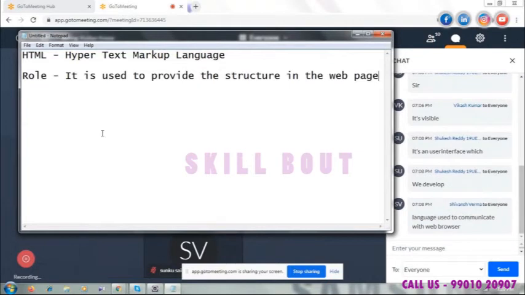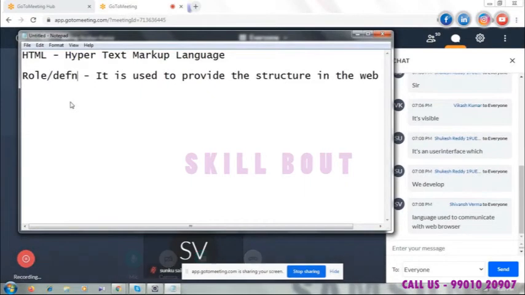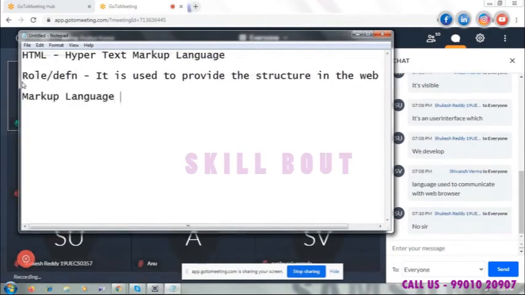So this is the role of HTML, or you can consider this as the definition as well. You can define HTML as something which is used to provide the structure in the web page. Okay, web page. Now, if we talk about markup language, it is a language which supports the content,